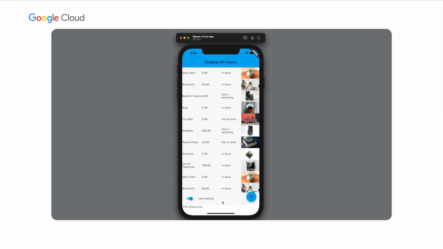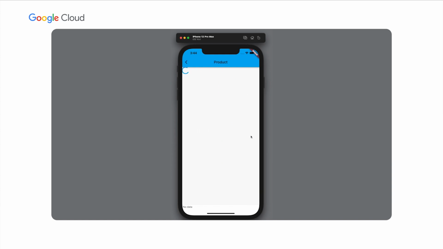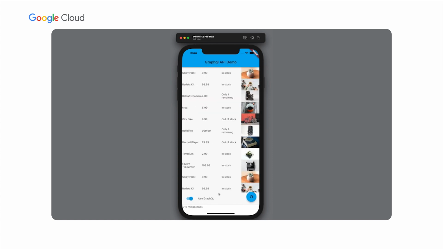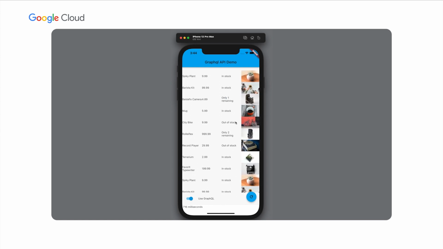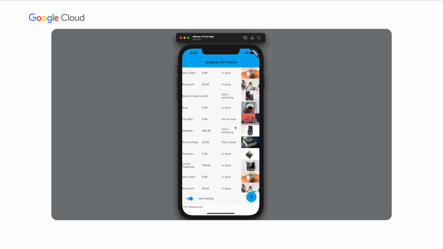In my case, it's even calling the exact same gRPCs, but the mobile app is sending one request to the backend, and the backend is fanning all of that and returning one response. The result is quite a bit more responsive. There's only one API call required to get all the product information I need. When I scroll up and down, it's nice and zippy, and there's none of that refreshing going on. So as you can see, GraphQL can be a very effective way to make an efficient and snappy mobile app.